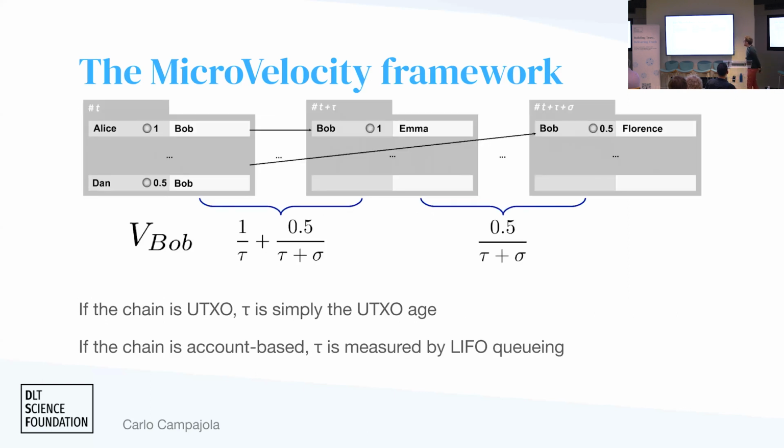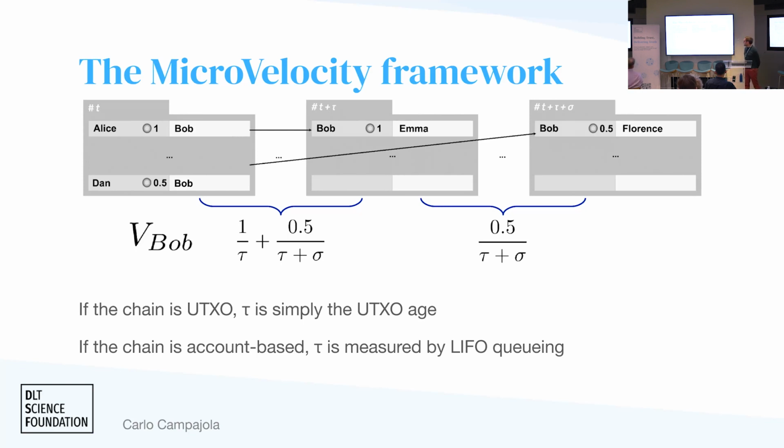Okay, so how do you do this in practice? You look at a blockchain, and if it's a UTXO blockchain, just like Bitcoin, where whenever you spend any money, you are referencing directly a transaction where this money comes from, then the holding time, the time that those coins have stayed idle, is just the age of that UTXO, of that unspent transaction output. If instead you have an account-based blockchain, like Ethereum, then you don't really have this information. You just need to make an additional assumption.